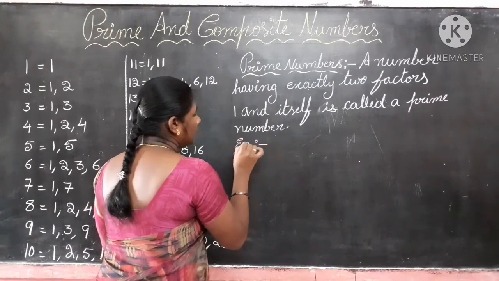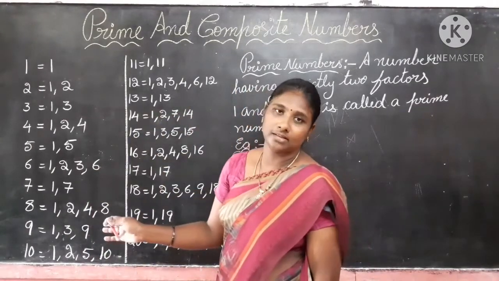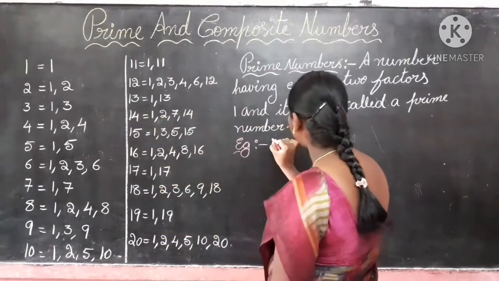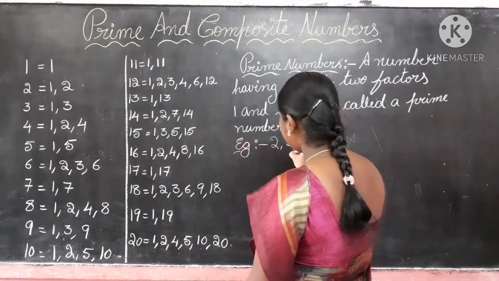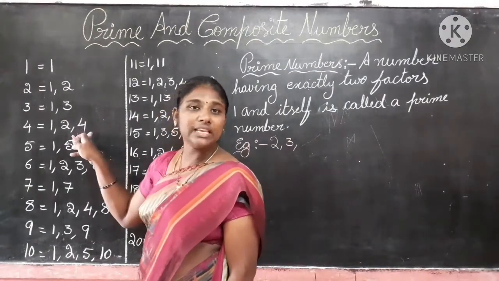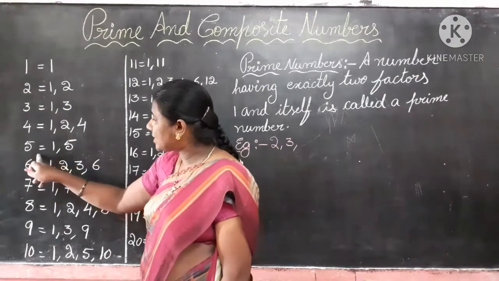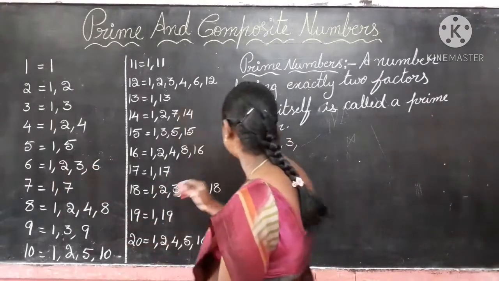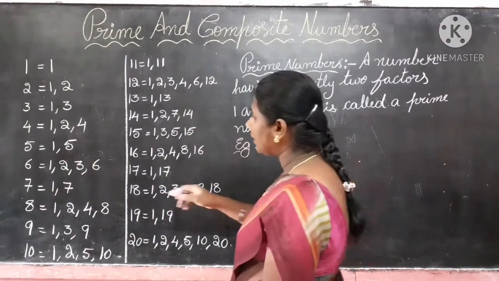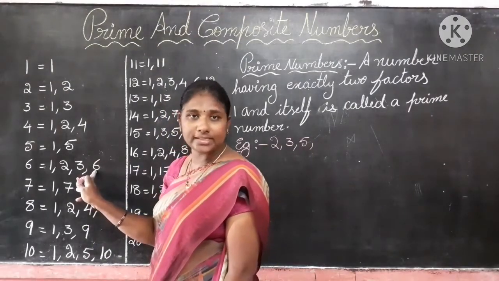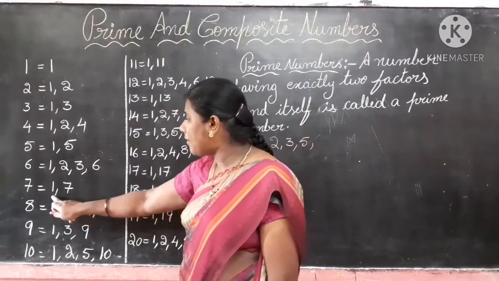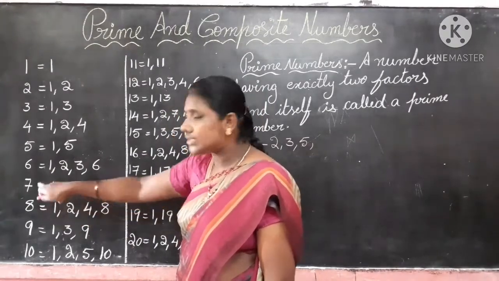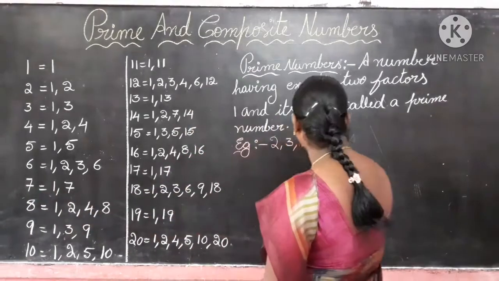Example. See, I write 1 to 20 factors. Okay, so now what are the prime numbers here? 2 already a prime number. 2, 3, yes. If you observe 4 having 3 factors, so it is not a prime number. Next 5 having what factors? 2 factors. What are the 2? 1 and itself. So 5 is a prime number. Next 6 having 4 factors, so it is not a prime number. Next 7 having only 2 factors. The 2 factors also what will be? 1 is 1 and another one is itself, same 7. So it is a prime number 7.